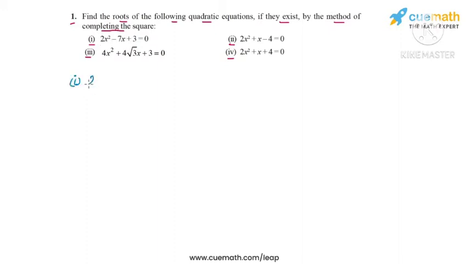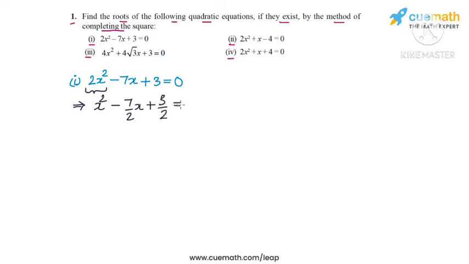In the first part, the quadratic equation is 2x square minus 7x plus 3 equal to 0. Now, how can you complete the square for this quadratic equation? The x square term is 2x square, which is not a perfect square. So what we need is for this term to be a perfect square. There are 2 ways to do it. One way is that you divide the whole equation by 2 so that this term becomes x square. In that case, you can write the equation as x square minus 7 by 2x plus 3 by 2